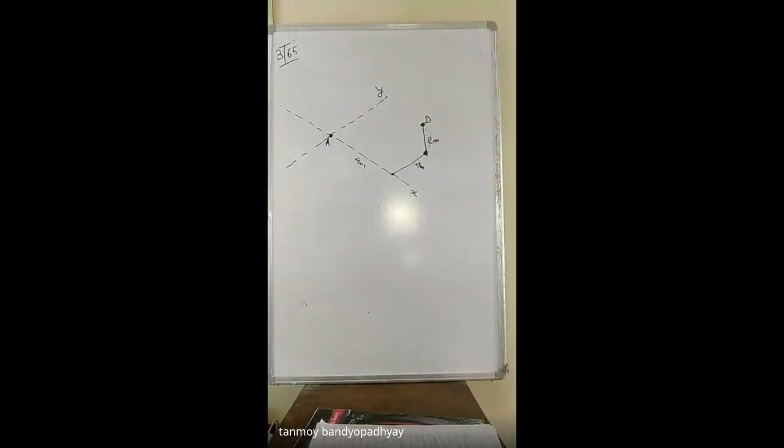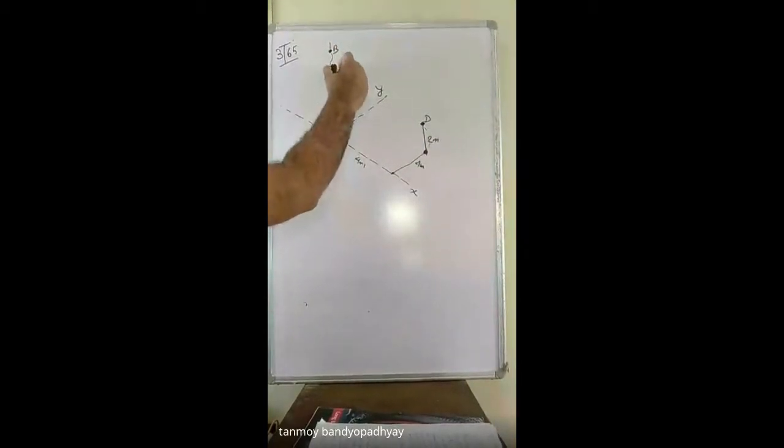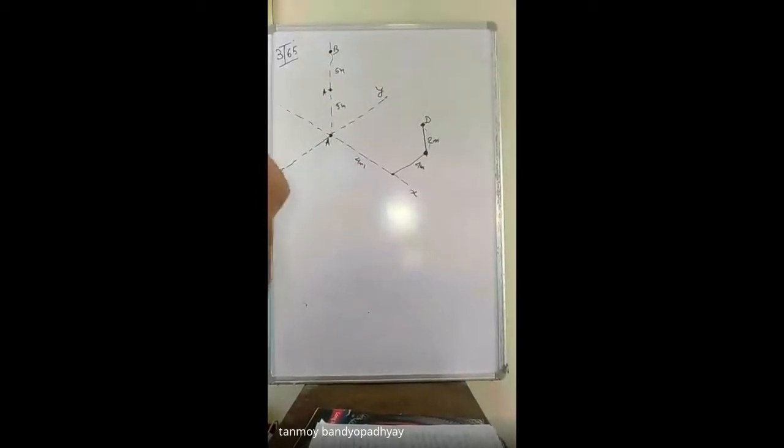Again, I will be telling about that after this problem. I am not drawing it here. If I go up a vertical distance, I'll be reaching a point B. So this distance has two parts: this is 5 meters, this is 5 meters. So at a 5 meter height, I have a point. There is a point C on the negative x-axis, and there is a cable. This cable tension is T2.